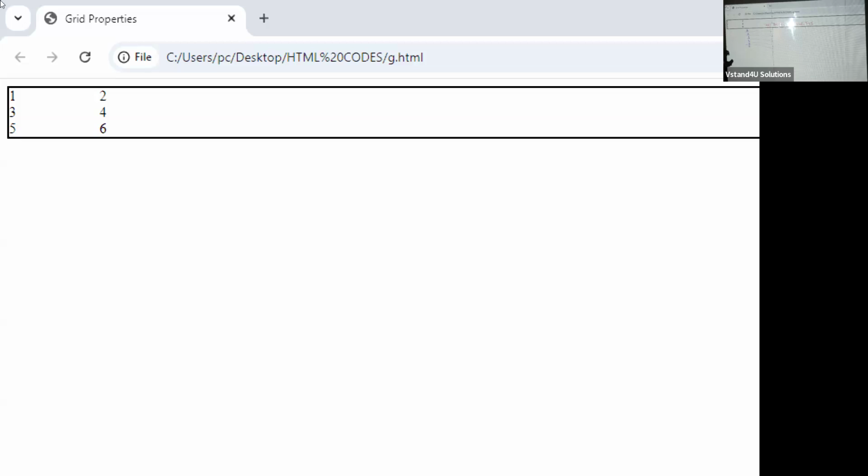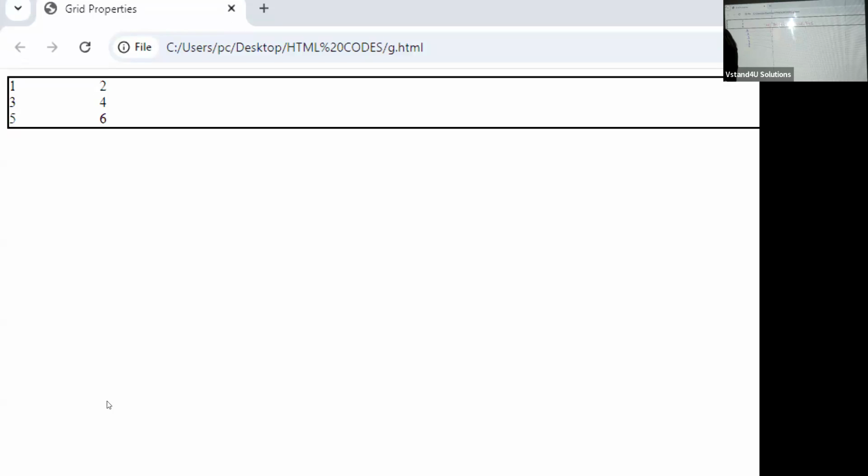So can you see here? I have taken 6 div tags. But if you see here, it is getting displayed into 2 columns, and it is not displaying in one single row. Why? If you people observe here,